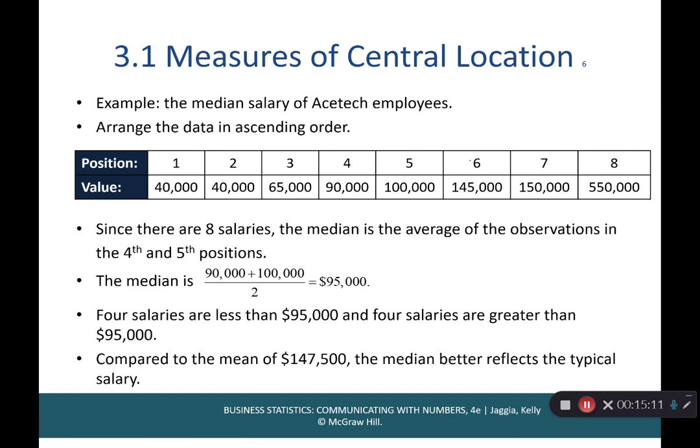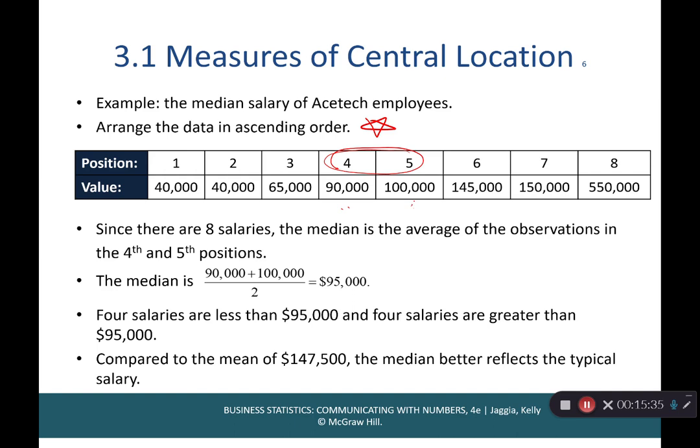Let's see if we can find the median salary of Ace Tech employees. So here they do finally make a note. First thing you have to do is put them in ascending or descending order. It really doesn't matter. They were listed originally that way. We have an even numbered data set. That means we're going to go to the two middle positions, take those two salary values, add them up, and